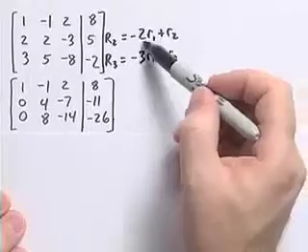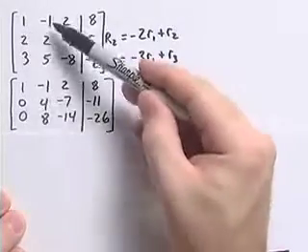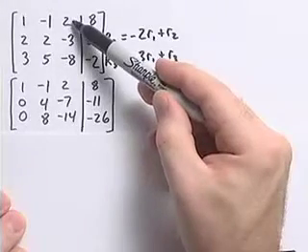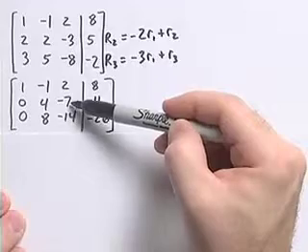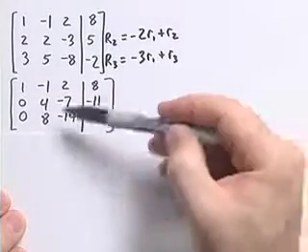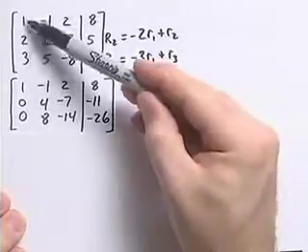We did not change row 1, so we just rewrite that. To get our new row 2, we perform this operation. Negative 2 times 1 plus 2 is 0. Negative 2 times negative 1 plus 2 is 4. Negative 2 times 2 plus negative 3 is negative 7. And negative 2 times 8 plus 5 is negative 11. To get our new row 3, we perform this operation. Negative 3 times